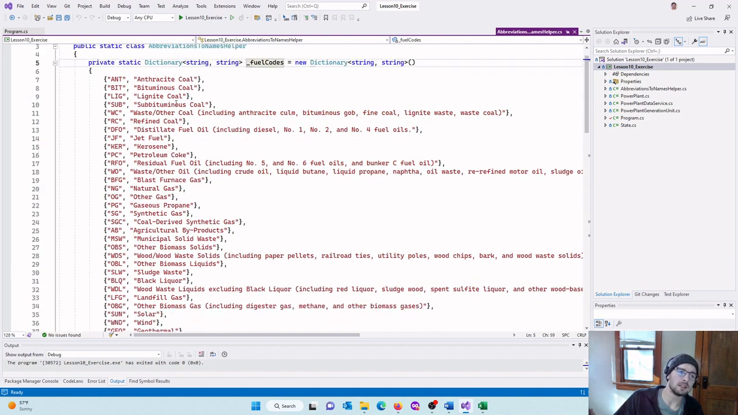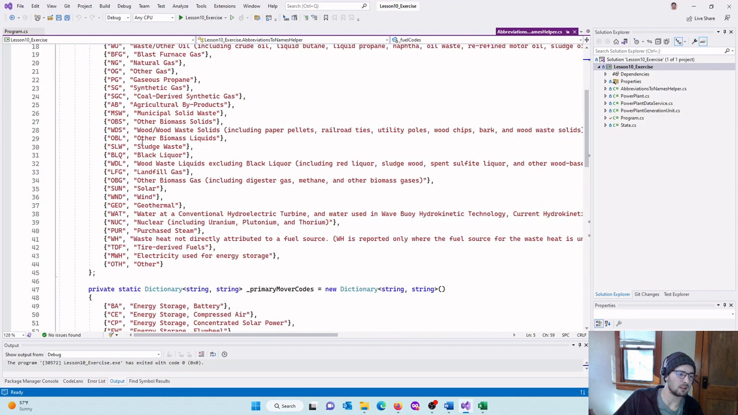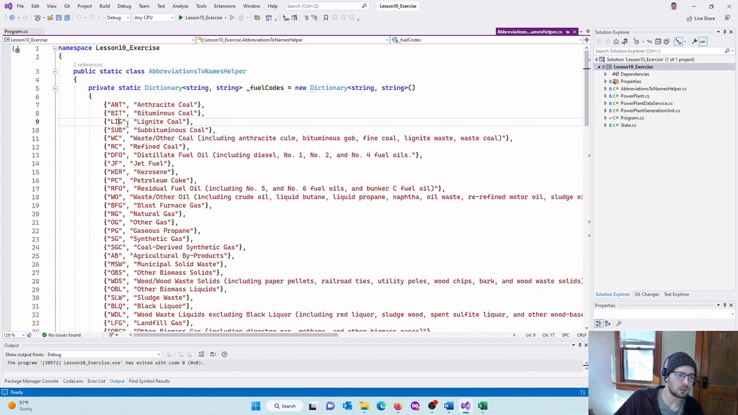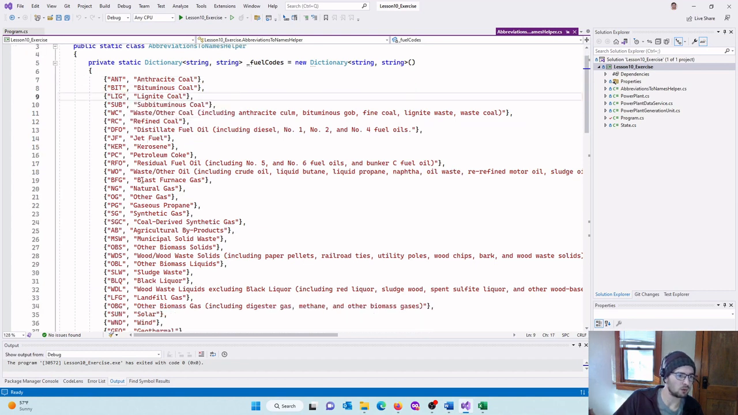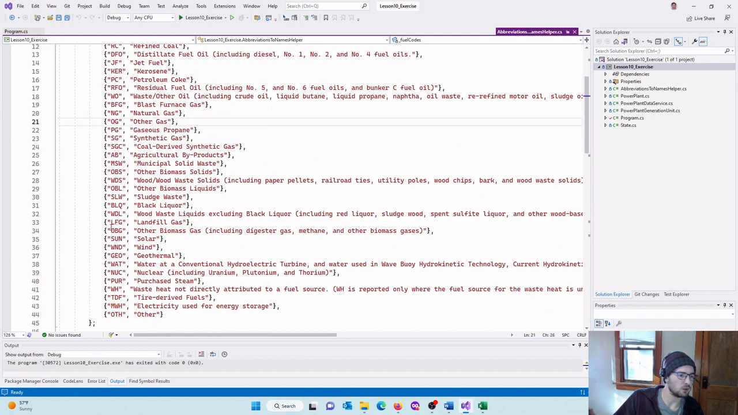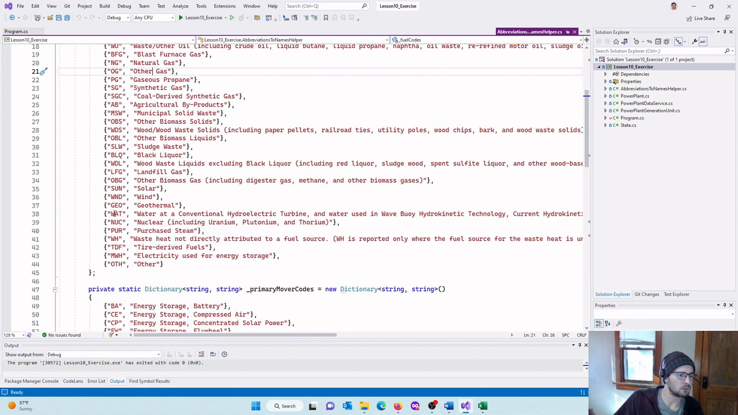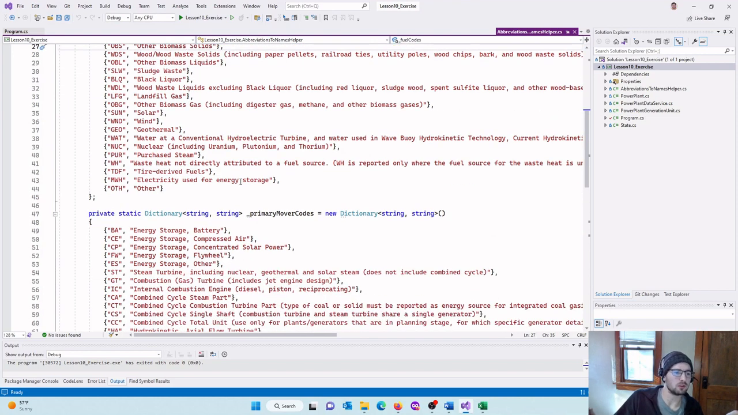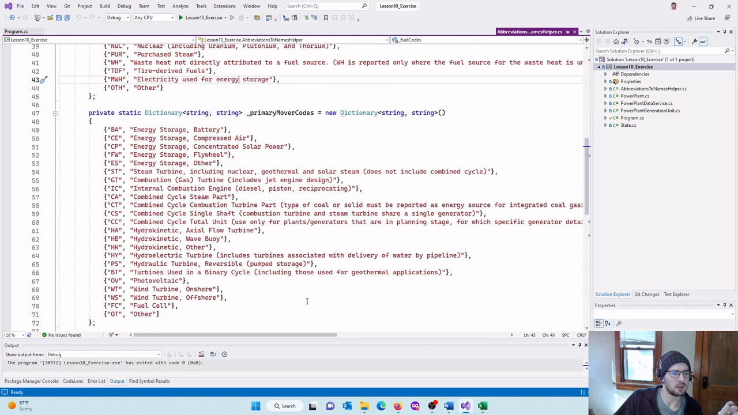And if we look at that, all it is just static data here of bringing us from code to a good description of it. So these go to coal. Natural gas is a fuel. Nuclear is a fuel. Tire-derived fuel, that's interesting. Biomass solids. There's a lot of different fuels that the plant could be burning using different equipment, and then these